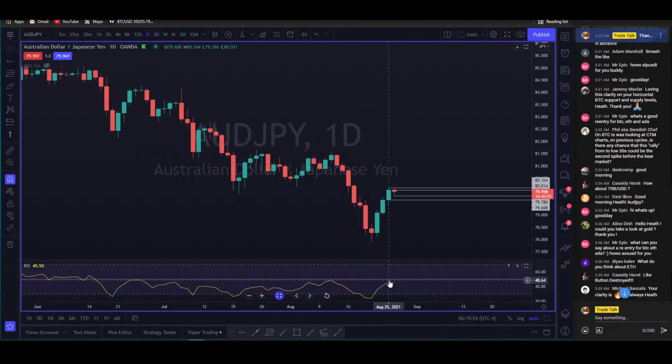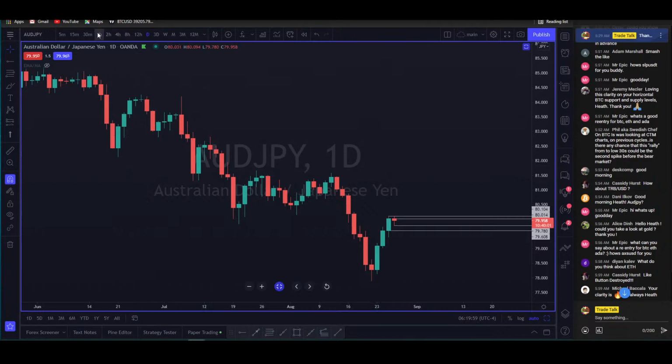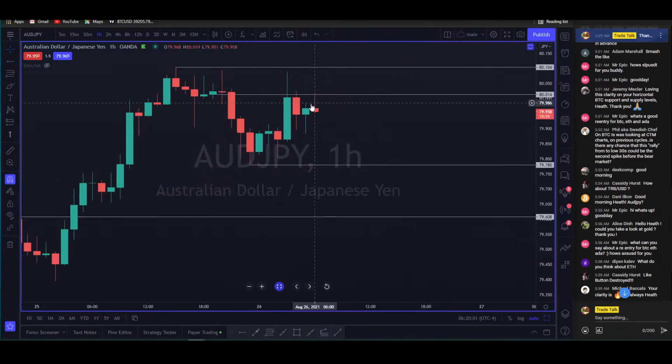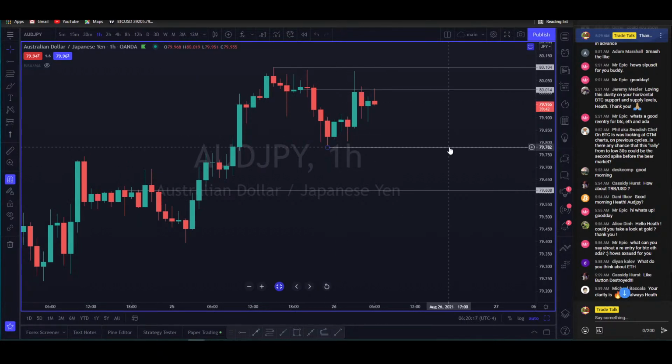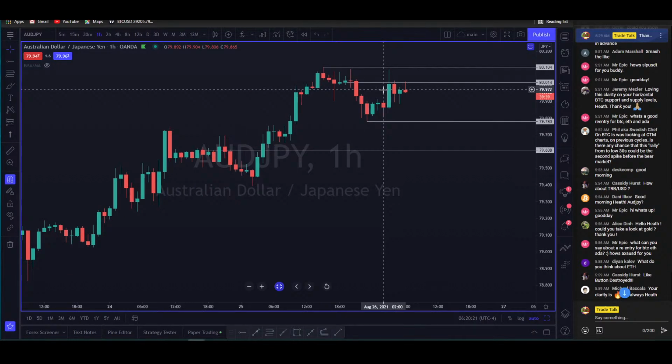What I'm trying to say is you don't have to rush into a position when something is unclear. You do not have to take a position. The cliche is that holding your cash is a position. It's cliche, but it's true, right? Just sitting on your cash, that is a position too. So, I think it's going to take out the lows. That's what I see. I could be wrong.